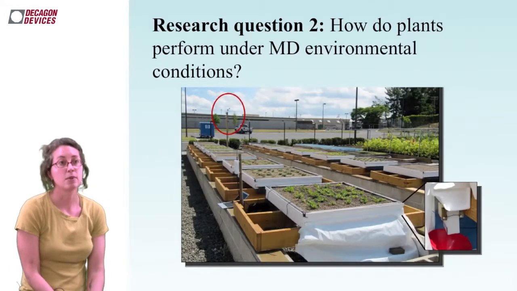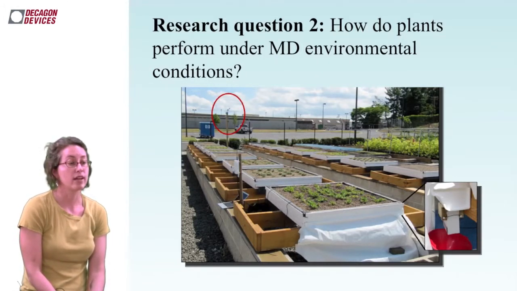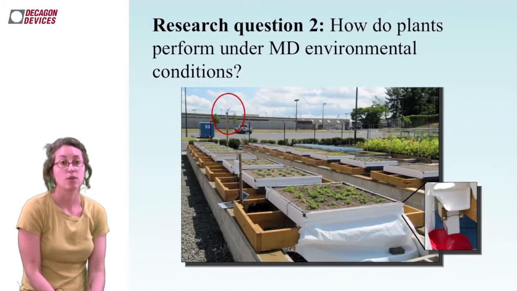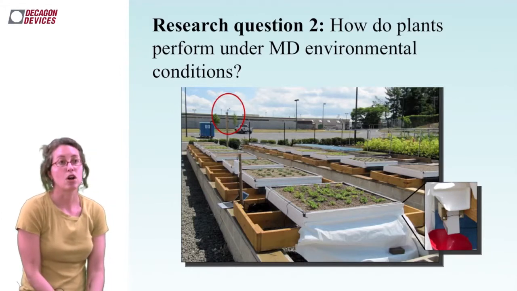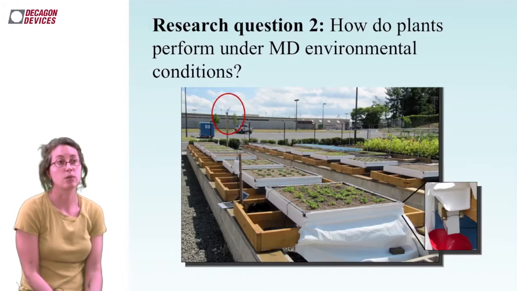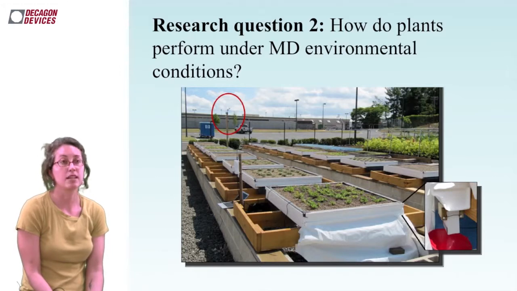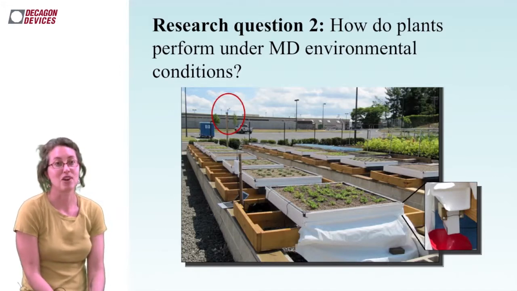We instrumented the platforms with Decagon sensors. We're using the EM50 radio loggers to track moisture content in all of these platforms. And we're also measuring runoff from the platforms with rain gauges that you can see in that little photo insert. We're also taking measurements about our environment. So we're monitoring wind speed, air temperature, solar radiation, relative humidity, and of course we're also measuring rain at our